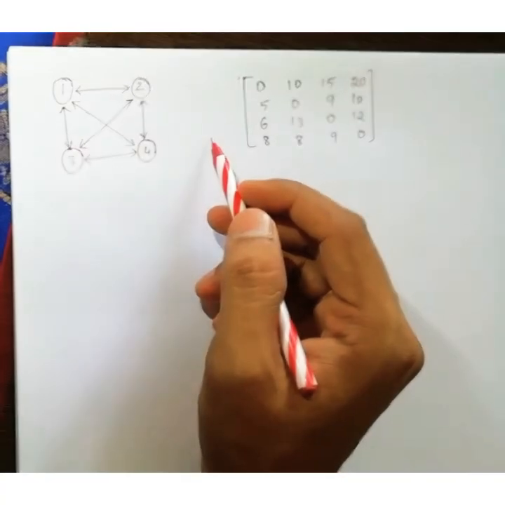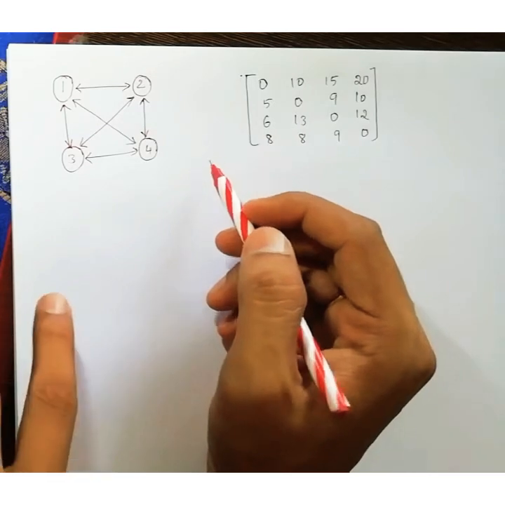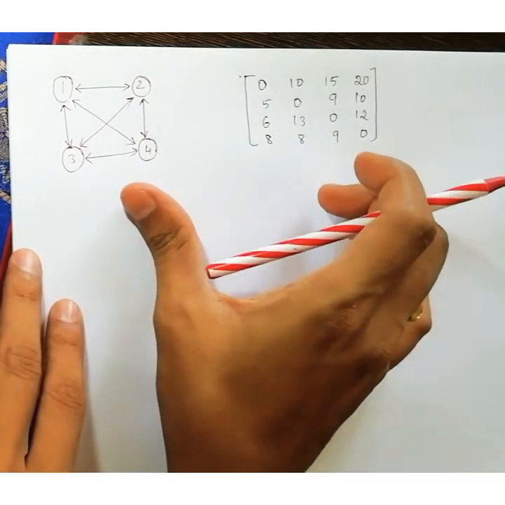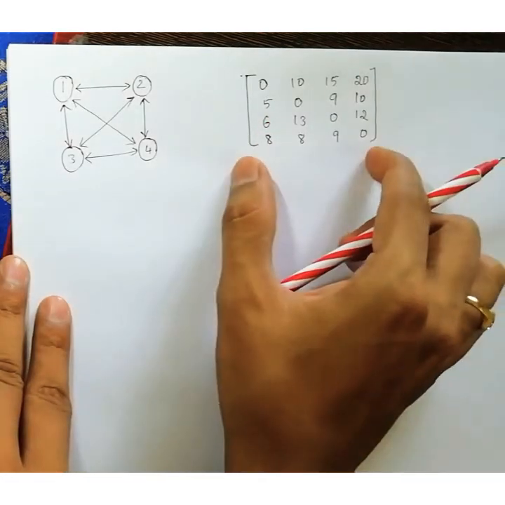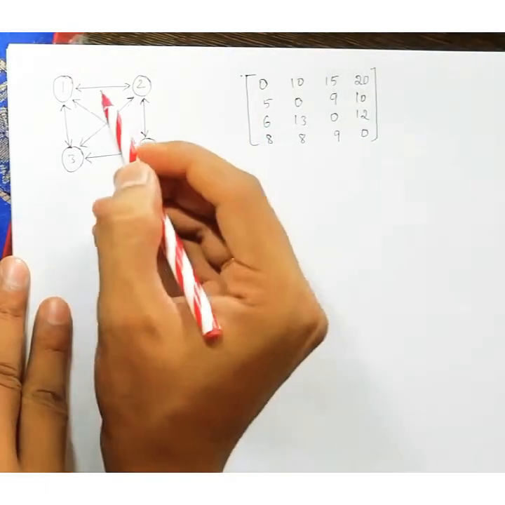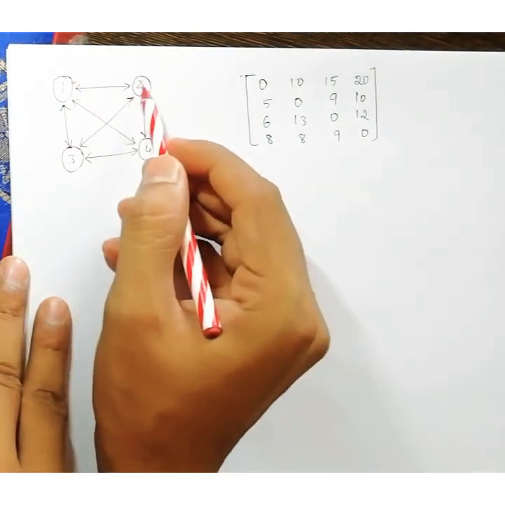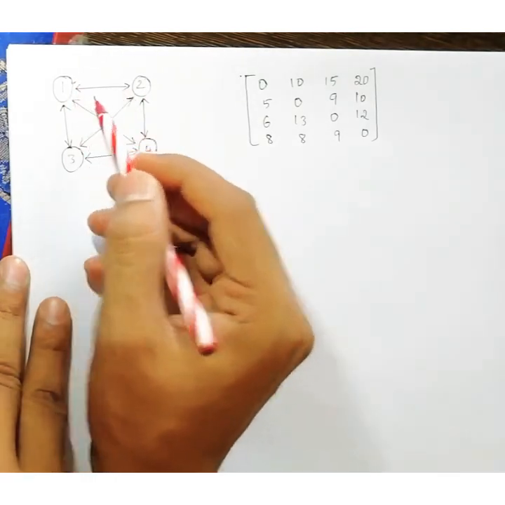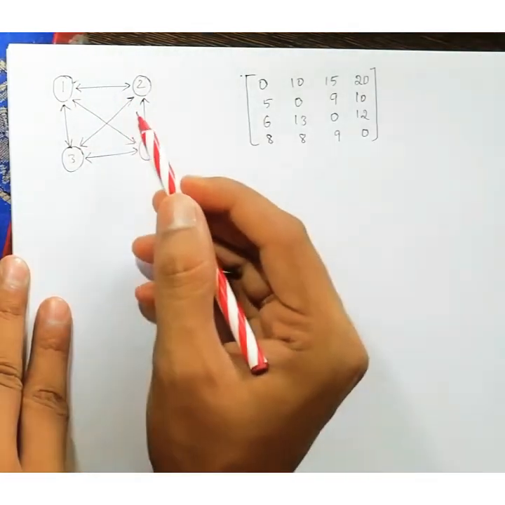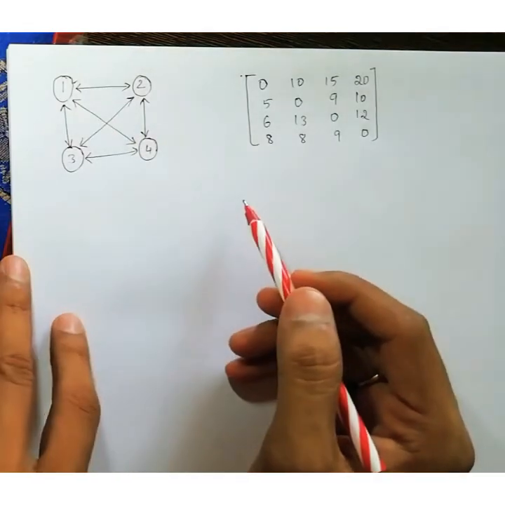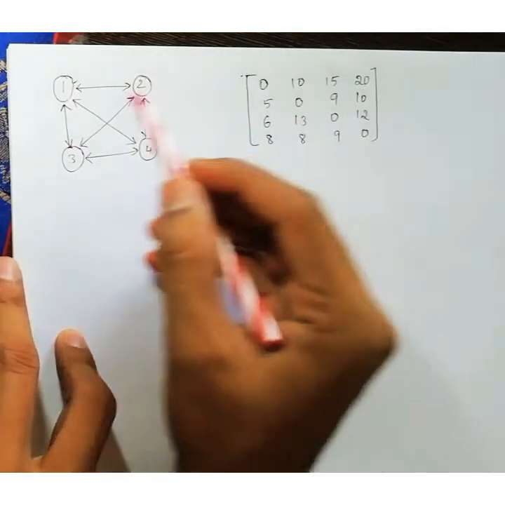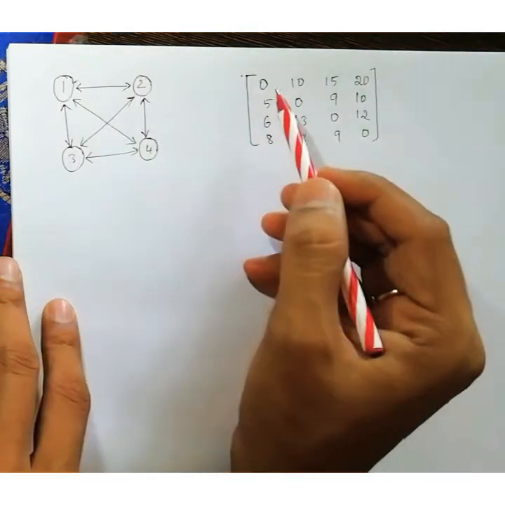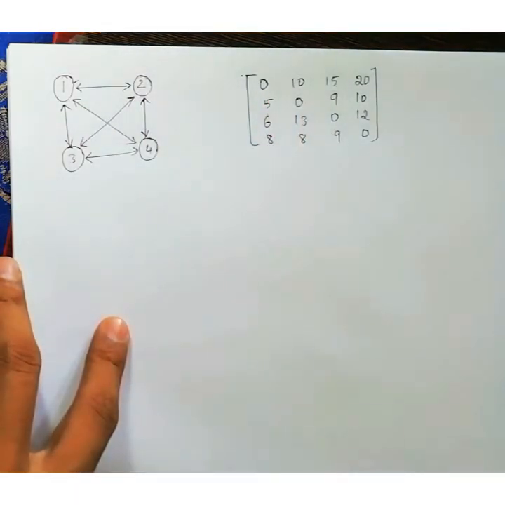Now we will see how to solve the traveling salesman problem by using a small example. Here, what have they given? They have given a directed graph with a cost matrix. Instead of representing two edges from 1 to 2 and 2 to 1, they have taken bidirectional, that is parallel edges. You can also use two edges instead. They have also given a cost matrix, like an adjacency matrix. From 1 to 1 we don't have an edge, so that cost is 0.